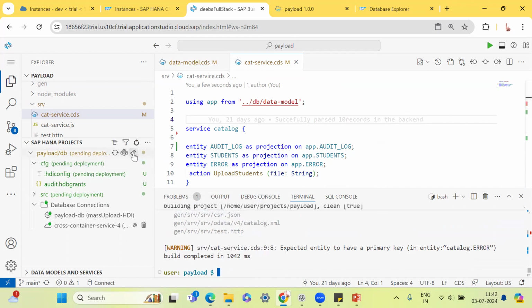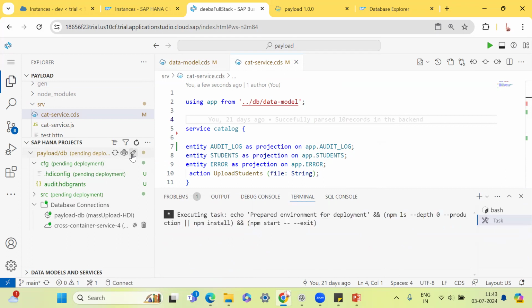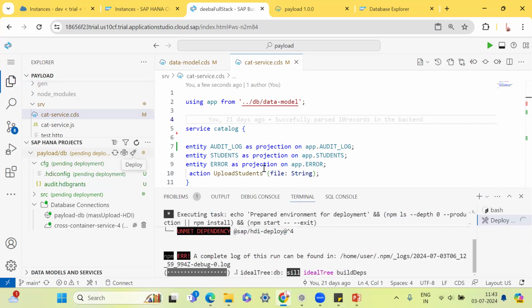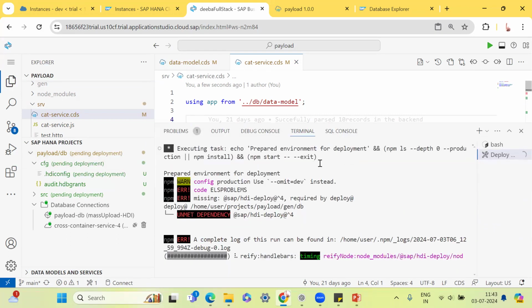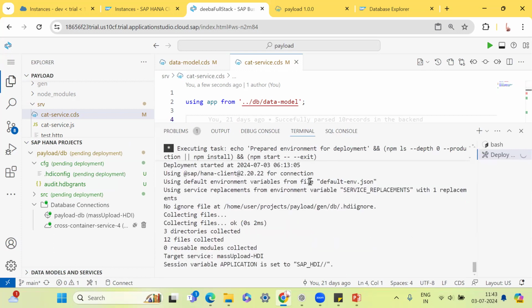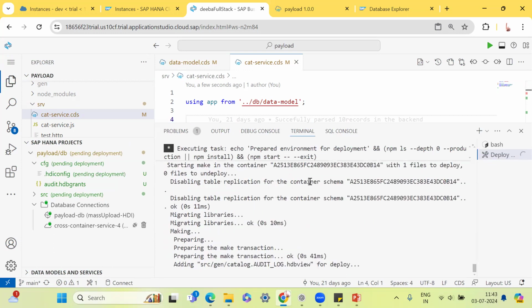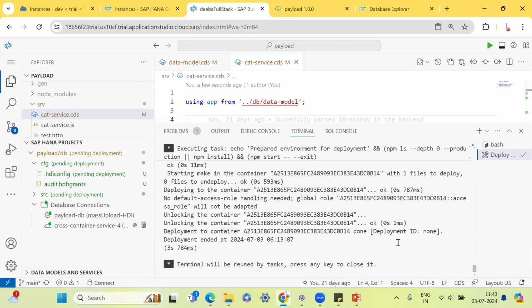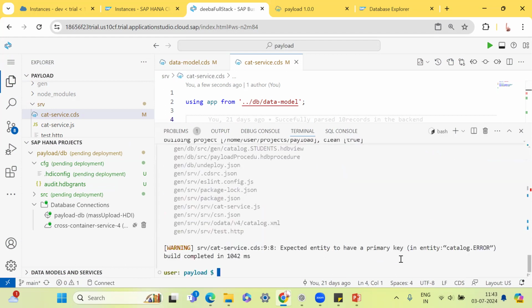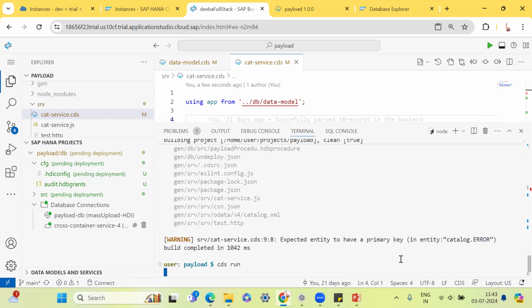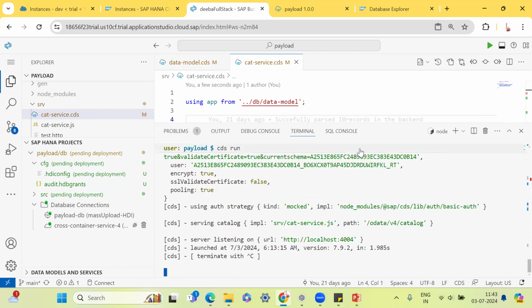We've done the CDS build, and let's deploy the app. Okay, so things have been done, and just do a CDS run. And if you check now,